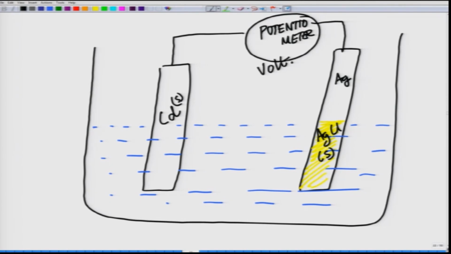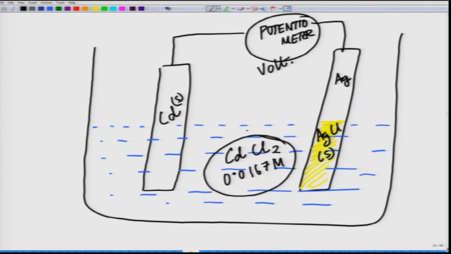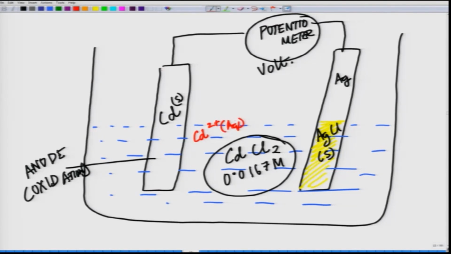Okay. And cadmium in this case is the one which is, so what is the electrolyte? The electrolyte is cadmium chloride. So you are seeing I haven't put any separation out here, and for your interest this is around this much molar, which has been standardized over a period of time, and in this case your cadmium is the anode, and as you remember, anode is the place where the oxidation is happening. So in other words, at the anode what will happen? Cadmium 2 plus will go into the aqueous solution. So in that case there will be an electron which will be generated, which will be traveling in this circuit